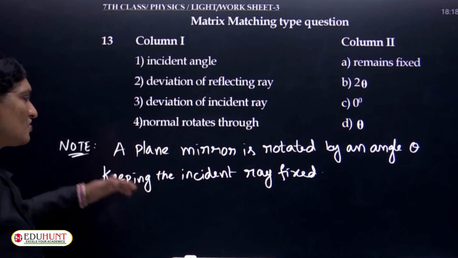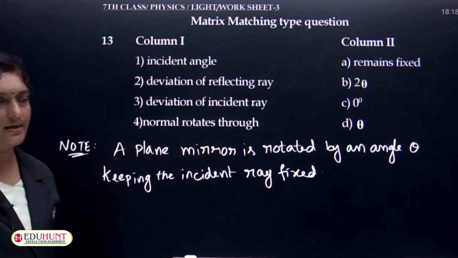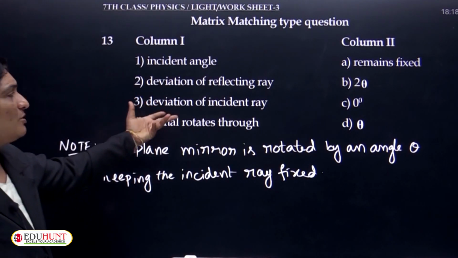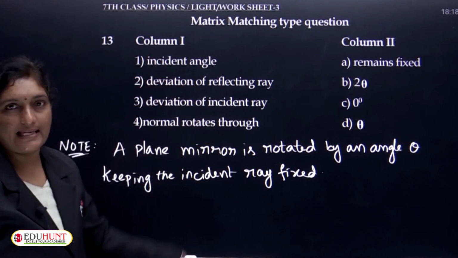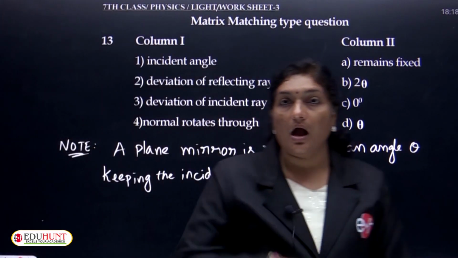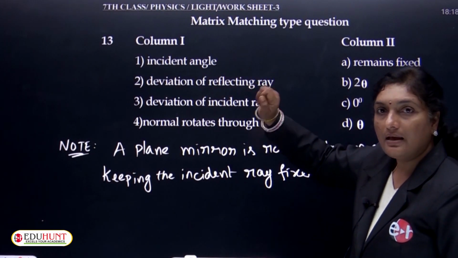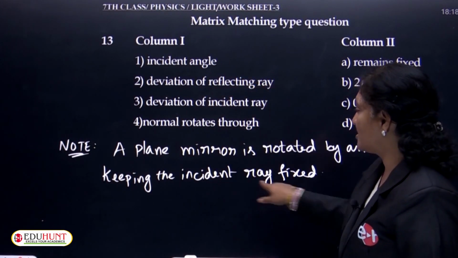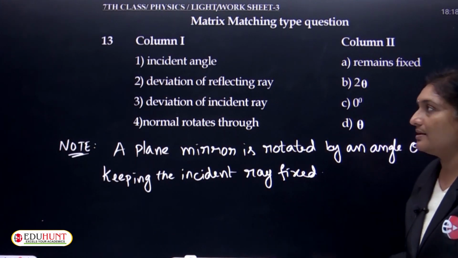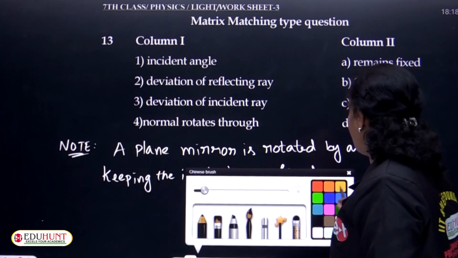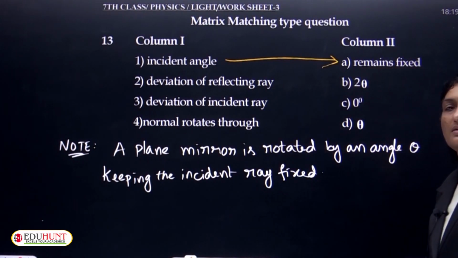So, keeping the incident ray fixed at a given position, a plane mirror is rotated by an angle theta. This is the general condition. Then we have to match column 1 with column 2. In this case, column 1 was given as incident angle. So, whenever a mirror is rotated by an angle theta, what about the incident angle? Will it change or remain fixed? Remains fixed. So, what is the deviation produced? 0 degrees. Hence, our observation is that the incident ray always remains fixed whenever the mirror is rotated by